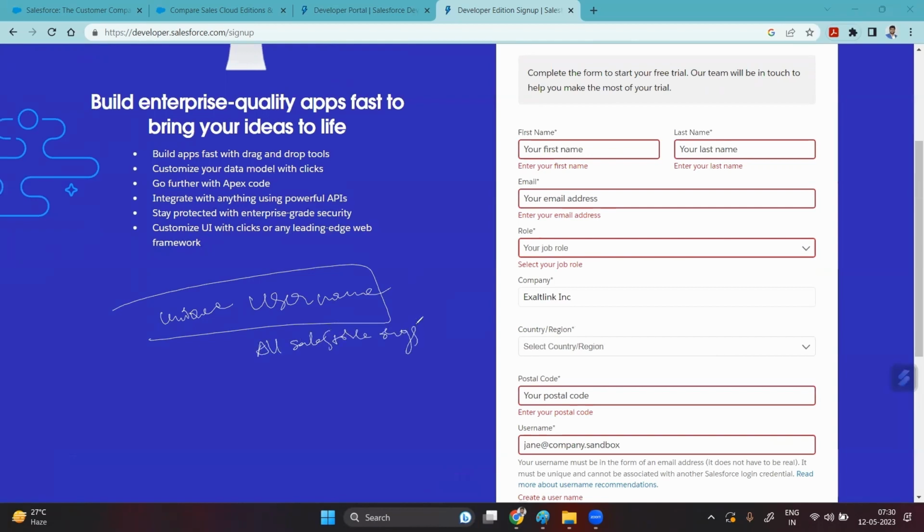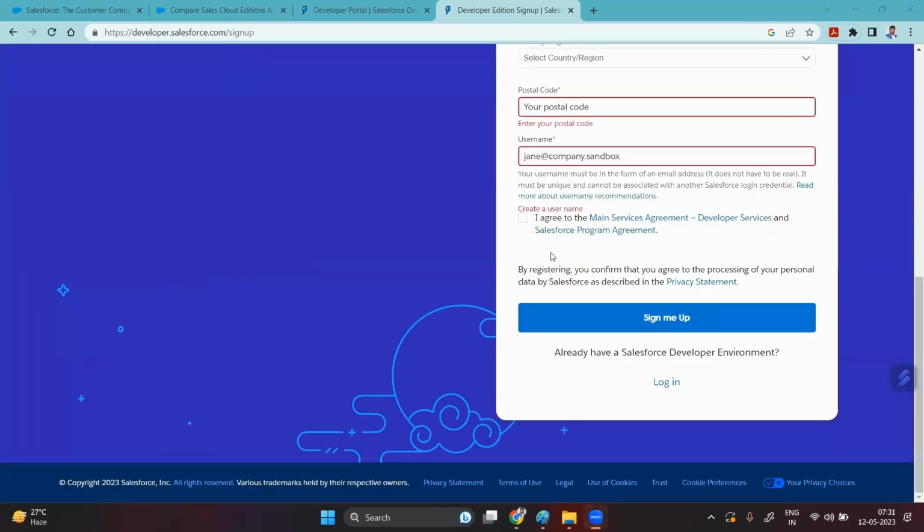So now you have an email ID, and the username will look somewhat similar to the email address, right? The username format should be somewhat similar to an email address, but you can create any number of Salesforce orgs with a single email address, as long as each org has its own unique username. Now what I need you to do is go and create one Salesforce developer